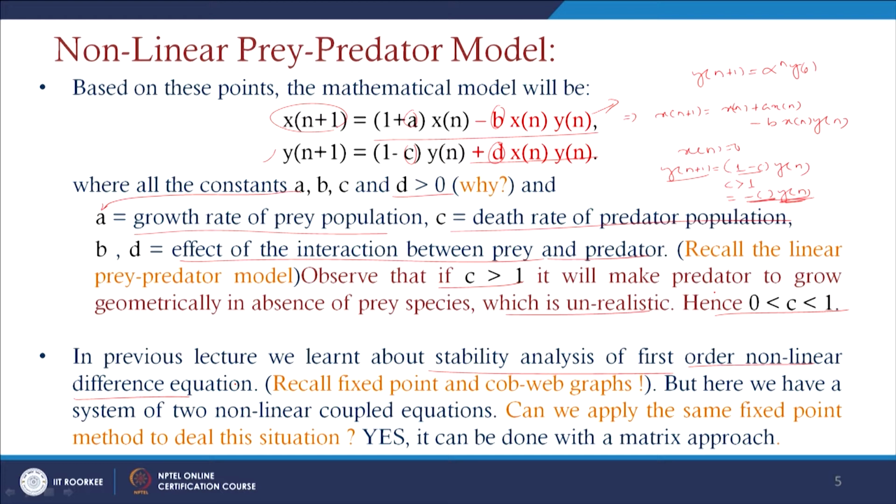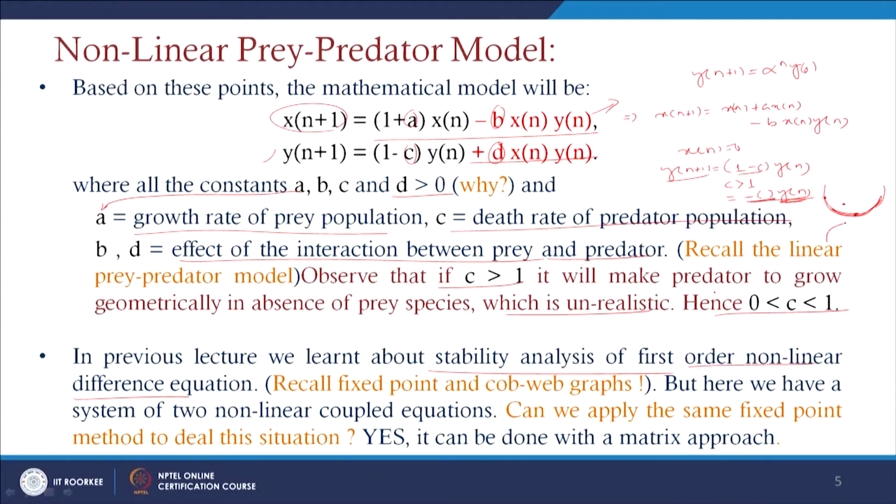Suppose we are assuming a ball placed here, and we have a surface like this. If you put this ball, it will go here, here, here, and then finally it achieves this point. Then we can say that this ball is in a stable position. But if you put this ball here, then it may go in this direction, or it may go in this direction; where it will move, we cannot predict.